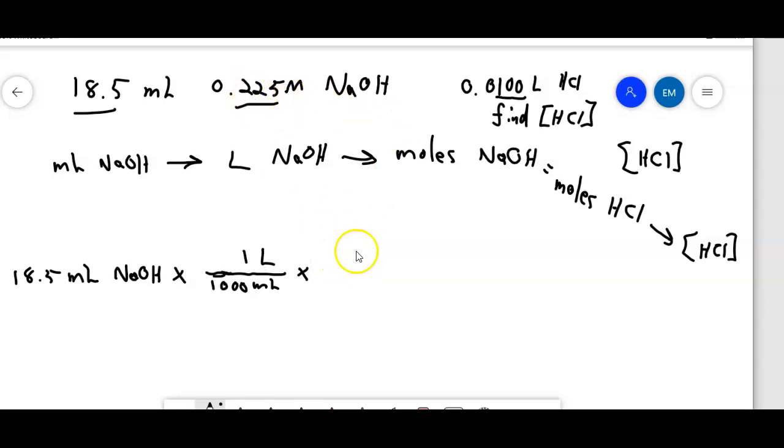And what's your concentration? You have 0.225 moles per liter, right? That's what that capital M stands for, moles per liter. Notice that now liters cancel. If you go through this, you've got milliliters cancel, liters cancel, liters cancel. You know what? I made a little bit of a mistake here. Okay, now we're okay. So now you have moles of